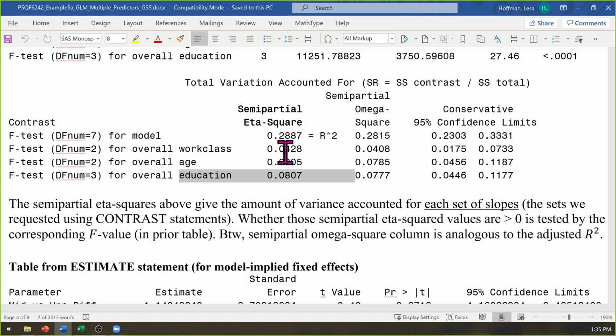Yeah, I can't decipher the gestures, sorry. Well, I was gonna say, is that what's in omega? When I was looking at the table. Omega is the same thing but corrected for sample size, in the same way that you have an r-square and then an adjusted r-square. It's the same idea. But no, I said the model accounts for 29% of the variance, but the 3 pieces that I've requested here only add up to 0.2, 20 of it. Where's the other 9%? Would it come from when you combine those 3 separate predictors together? Yeah, the other 9%